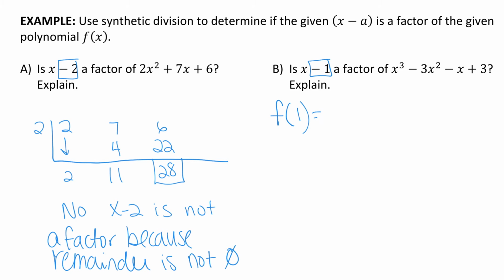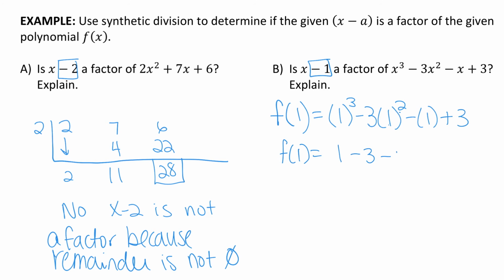If I plug in a 1, I'm going to have 1 cubed minus 3 times 1 squared minus 1 plus 3. So let's evaluate that. F of 1 is equal to 1 to the third power, which is 1. 1 squared is 1 times a negative 3 is negative 3. Then we'd have a negative 1 plus 3. Okay, well this actually equals 0,